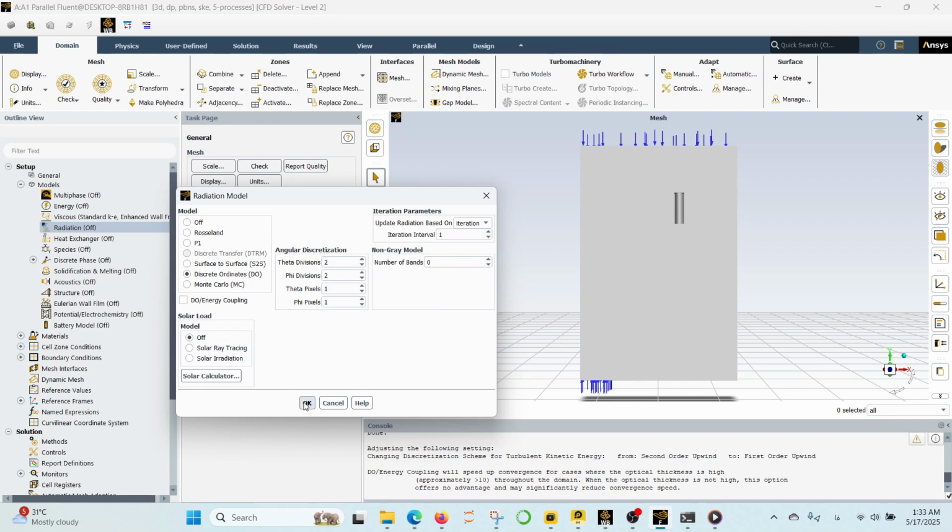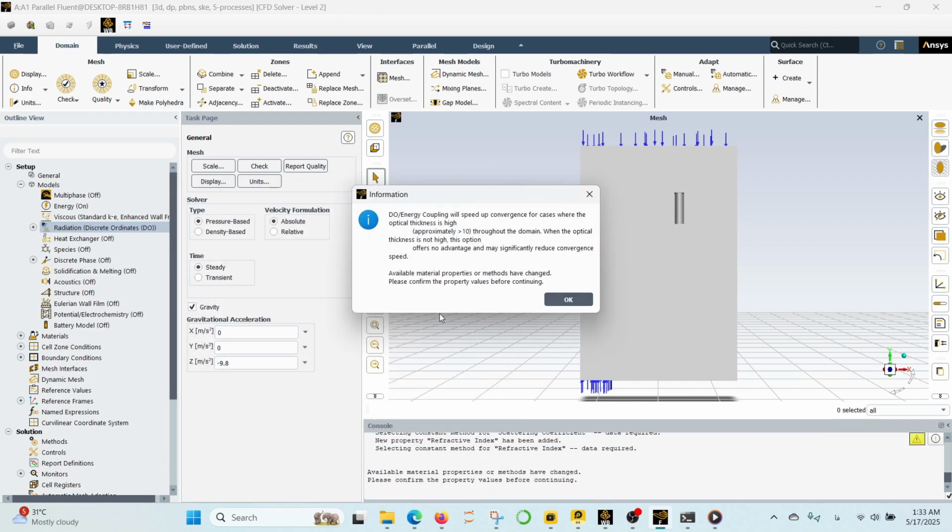Because this model can handle both optically thick and optically thin media, making it perfect for realistic fire simulations involving hot combustion gases like CO₂ and H₂O, which absorb and emit thermal radiation. The DO model is extremely flexible. It covers surface-to-surface radiation and participating media like combustion gases, and works well in complex geometries, like our ventilated parking garage with a